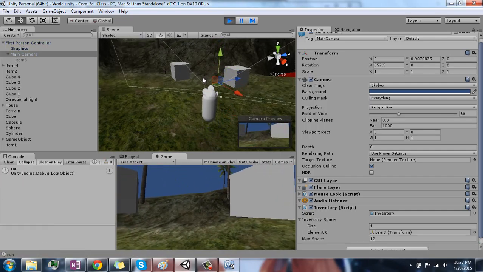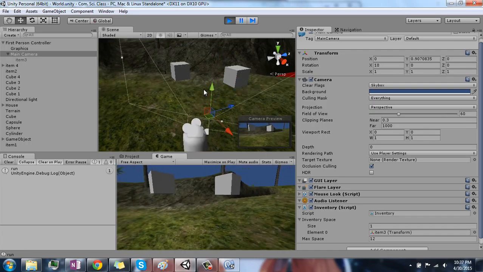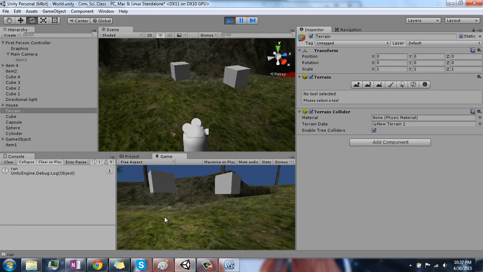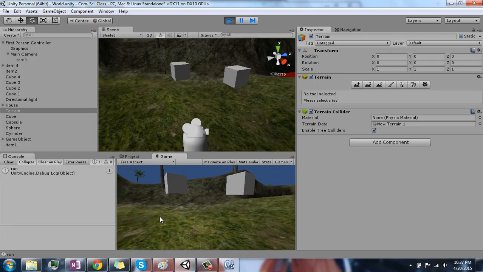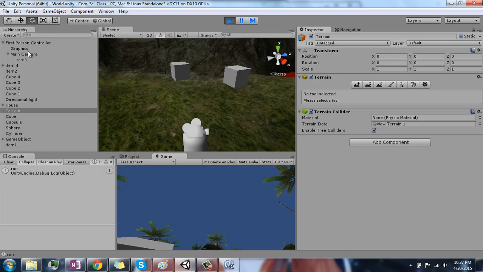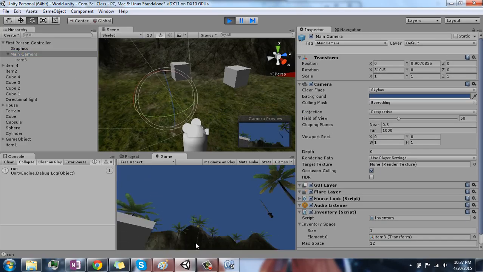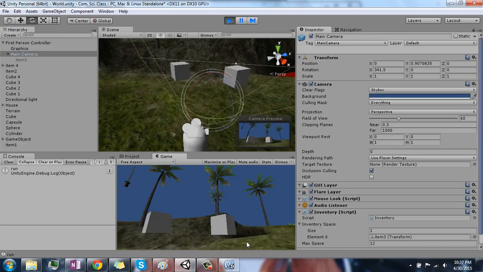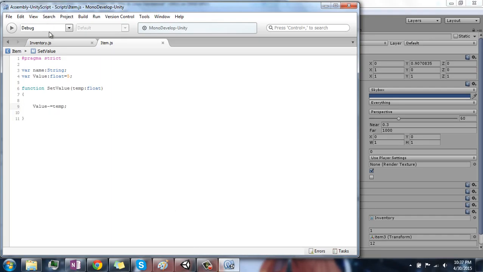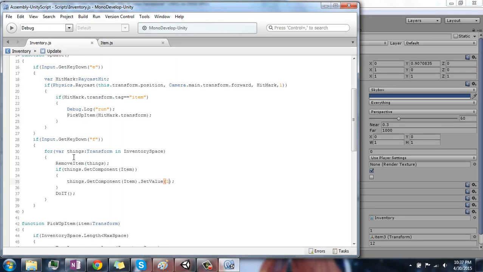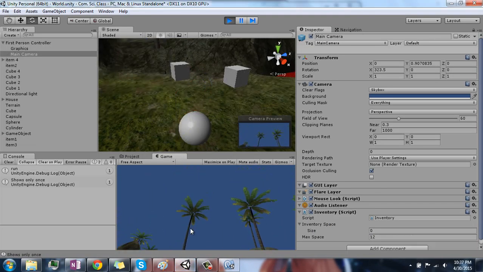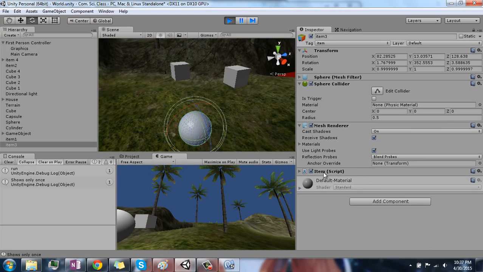pick up this item, and then we're going to drop it. Forget how to drop. Wasn't it 2 to drop? I'm not sure. One minute. F to drop. F. There we go. And now if we were to click this right here, go back to our item script,